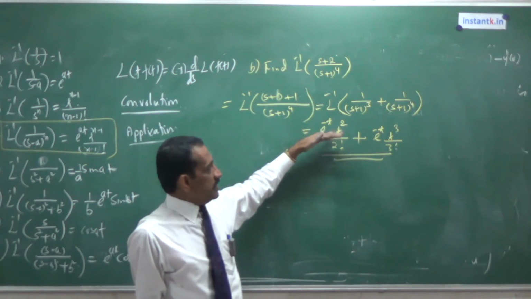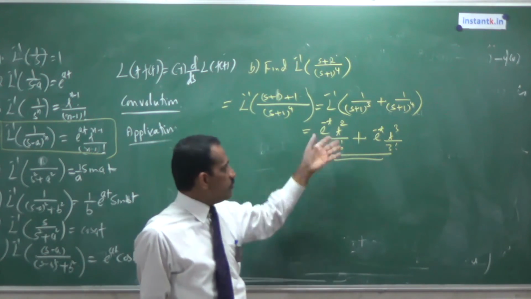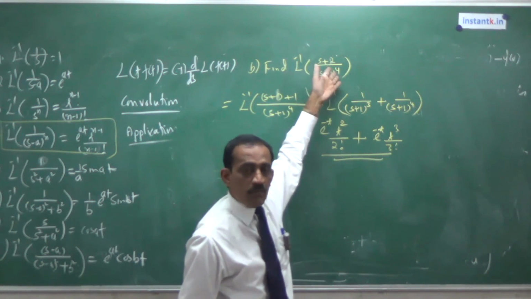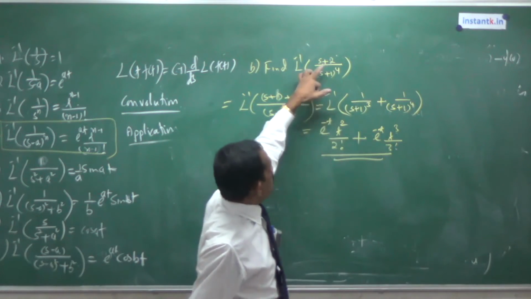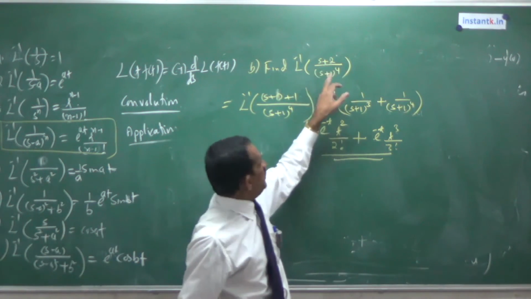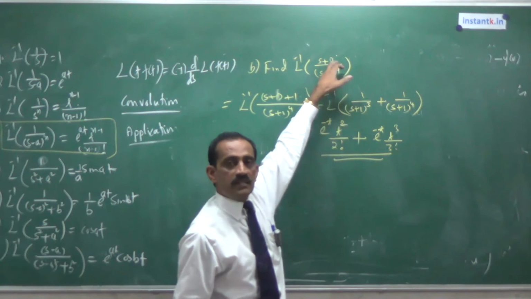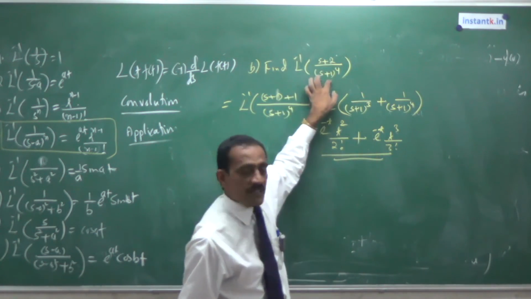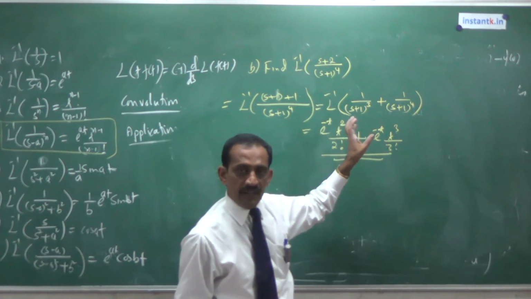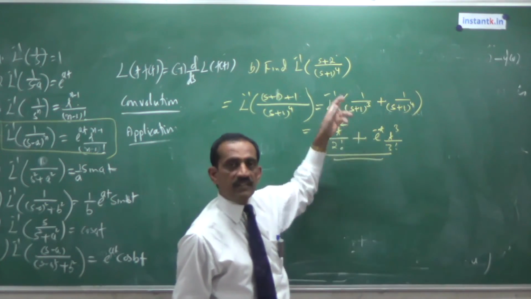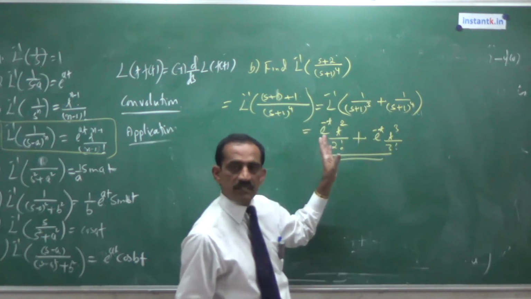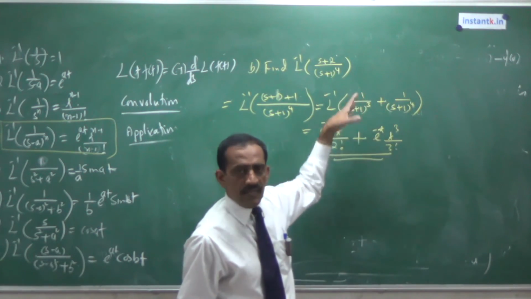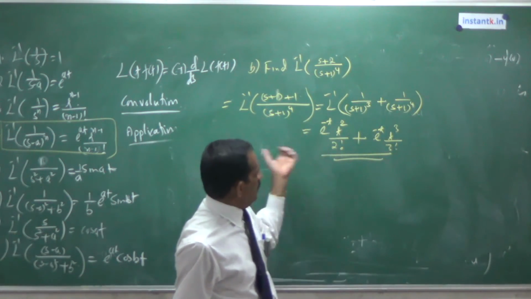So instead of intelligence, sometimes we need common sense. That is more important. Here, instead of this s plus 2, don't think the same question will be asked. With the same type, instead of s plus 2, it may be s plus 3. It may be s plus 5 here. So if it is s plus 3 in the numerator and s plus 5 in the denominator, you write the numerator in terms of s plus 5. First write s plus 5, then remove the unnecessary terms: to get 3, subtract 2. Then split like this. It need not be like this. If any problem of this type is given, you can directly write the answer. So a problem of this type is asked.